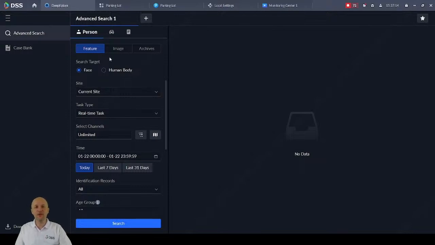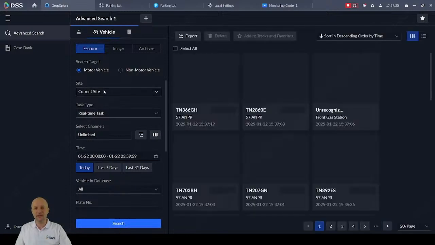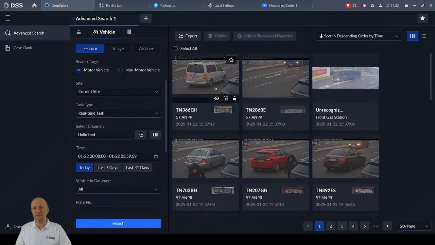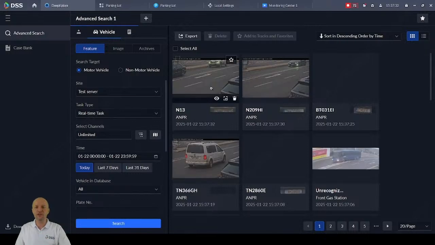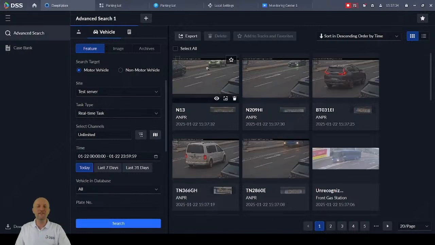So what we can do in the Deep Explore, we can search, for example, for the vehicles, and we will search on the current site. Current site, this was all the time available, so I'm searching for all the license plates which are over here. Now we can also change the server. So for the first time you can also search for the license plate on a different server,